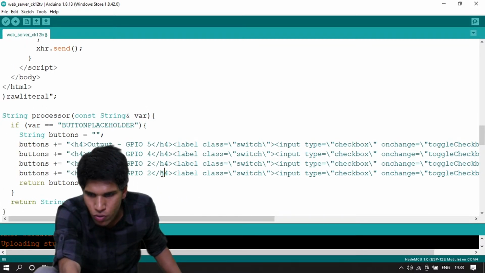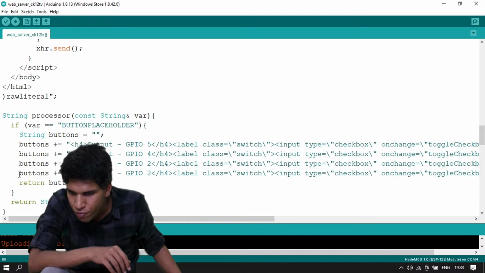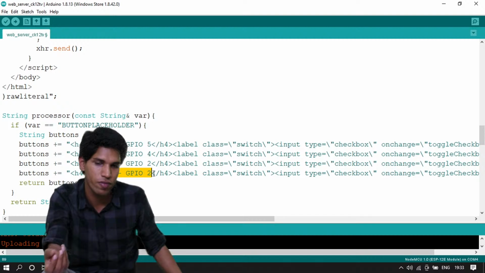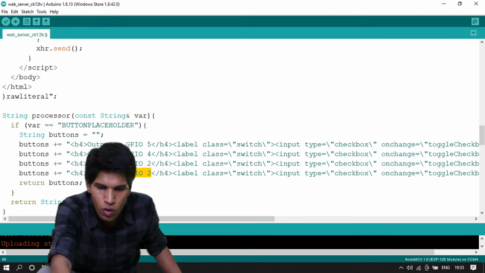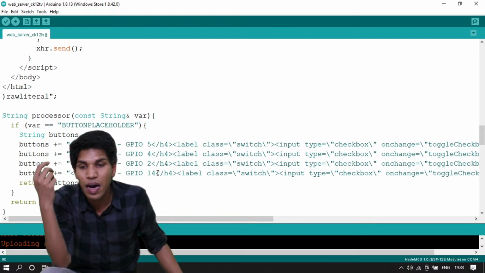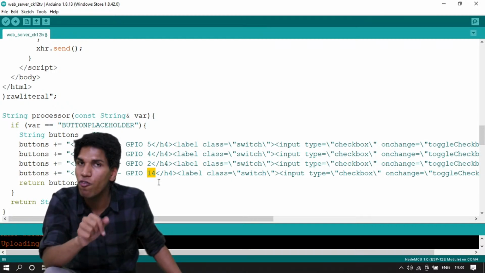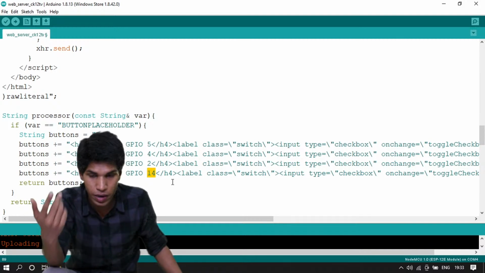And all you have to do here is change the text. After button plus equal to, we are displaying the text on top of the button. So this output GPIO2, I'm just going to change it to 14, which will tell me that the next appliance I'm connecting to pin number 14 of my ESP8266.